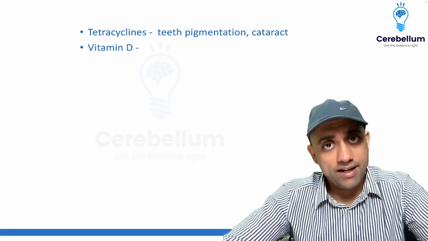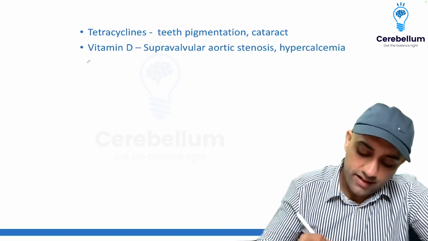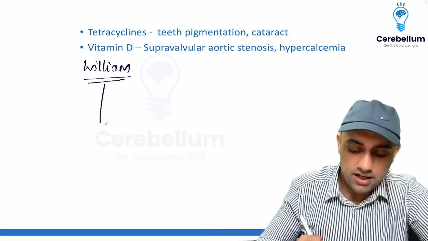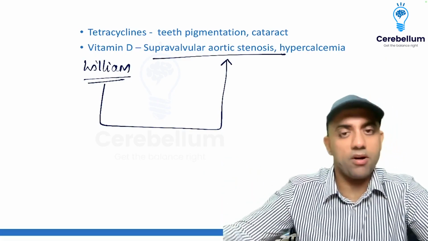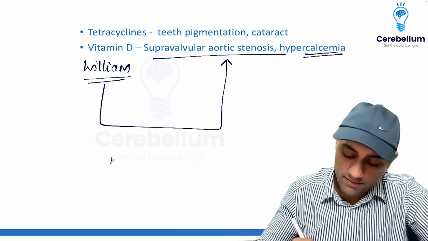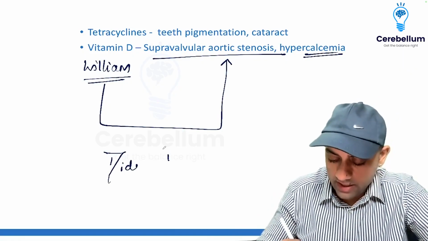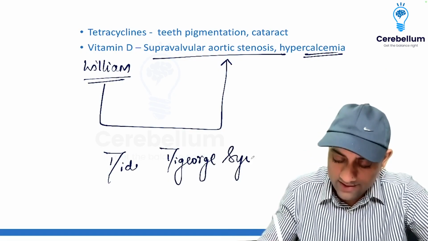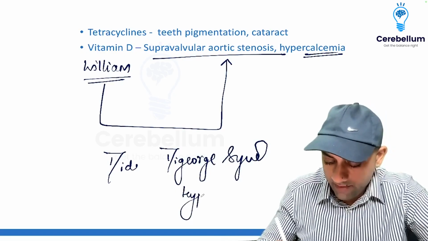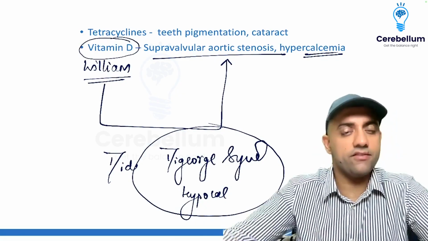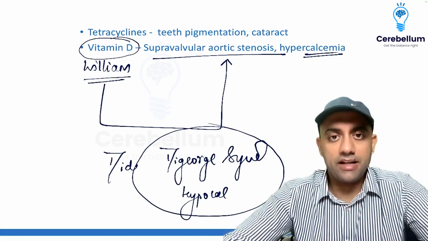If the mother has taken vitamin D, so this is nice. Vitamin D, two questions, one answer. Which is the most common congenital heart defect in Williams syndrome? The answer is supravalvular aortic stenosis. And Williams patient will have hypercalcemia, because DiGeorge syndrome patient will have hypocalcemia, and Williams syndrome will have hypercalcemia. Number one. Number two, vitamin D also, if the mother has taken too much, the baby can land up with